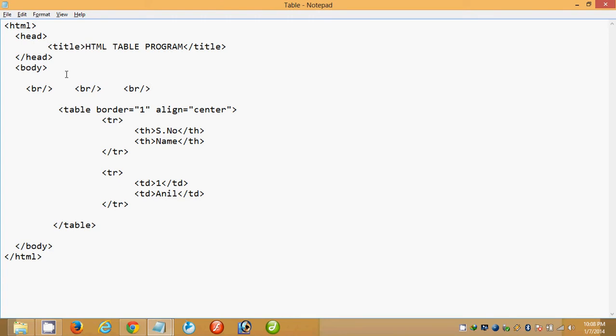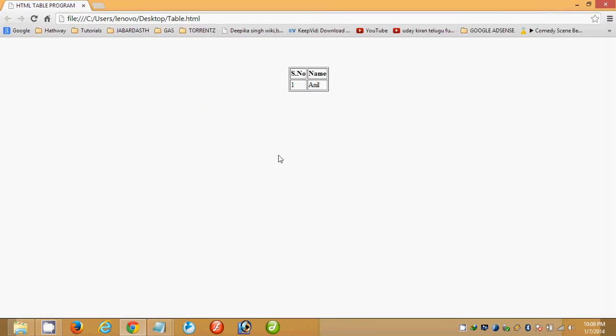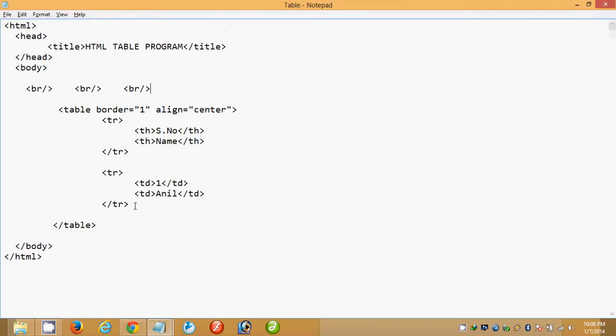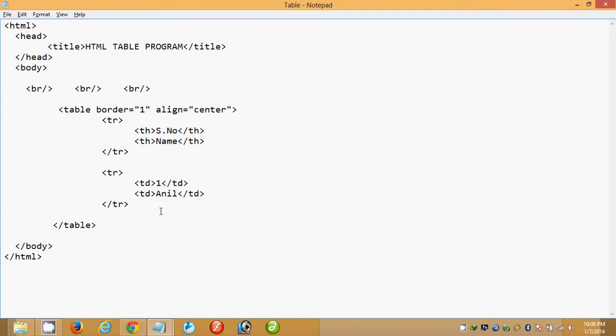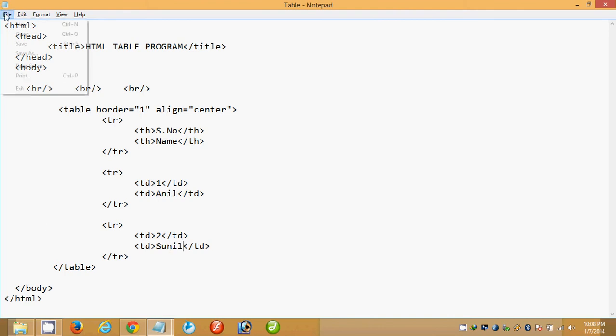Three breaks I have used here. Now I am inserting another row, this is 2, this is so many. Save this file.